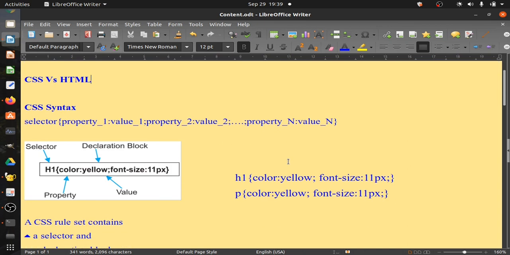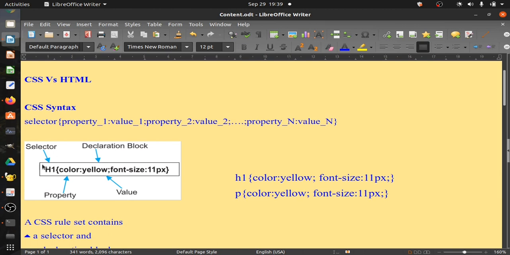How exactly CSS is used, the CSS syntax. Basically the syntax is like this. It has two things. One is the selector and the second is the declaration box. The selector can be any HTML element for which you want to apply a style.